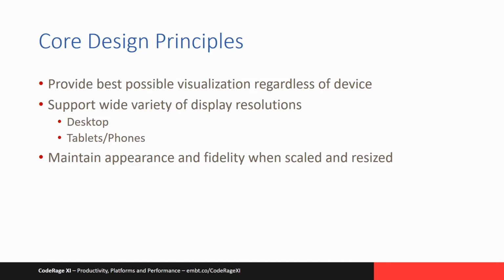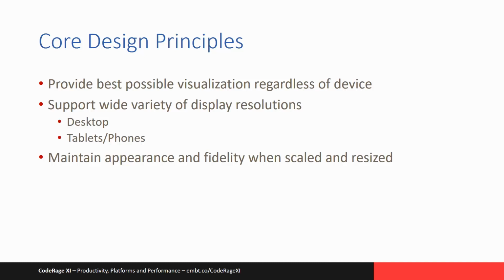In designing the shape controls, there were a couple core principles that were used to direct the development. First and foremost was to provide the best possible visualization regardless of the device. And what that means is because there's so many different device types out there and at different resolutions and DPI settings. So we've got traditional desktops that we're still writing software for, plus high-res desktops in Mac OS and in Windows 10, for example, and then add in all of the mobile devices that we have, and whether that's phone